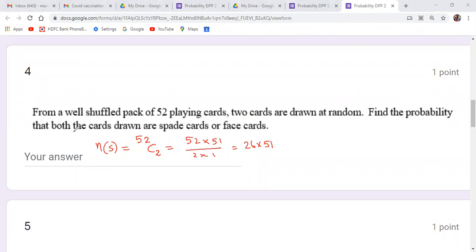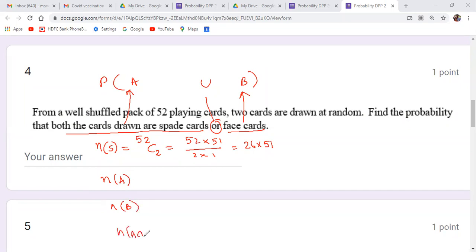What is the probability that... Austin, you're answering me this, okay? Find the probability that both the cards are spade or both the cards are face. They have said two words, both spade or both face. So A is the event both are spade, B is the event both are face cards. Or means union. So this is what you are supposed to calculate. If you want to calculate this, you must know n(A), n(B), and A intersection B. Three you have to know.